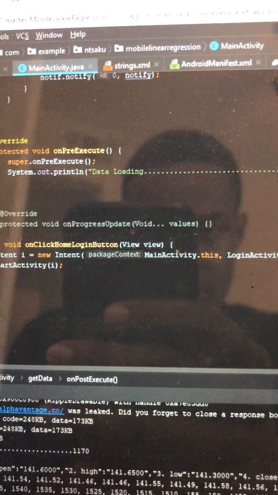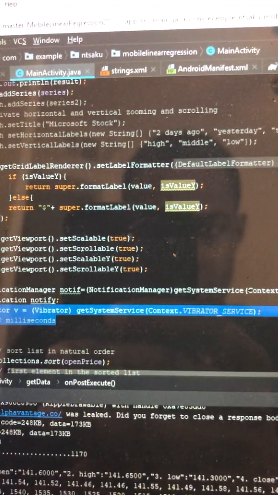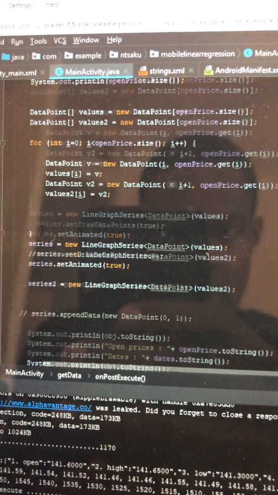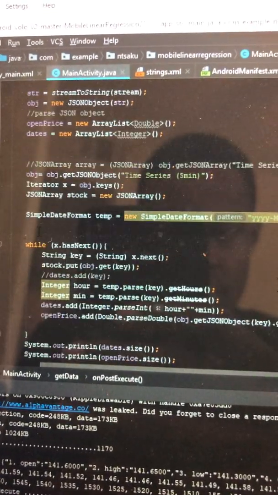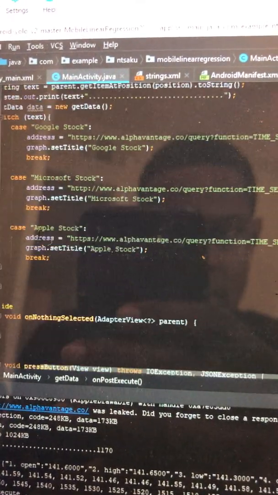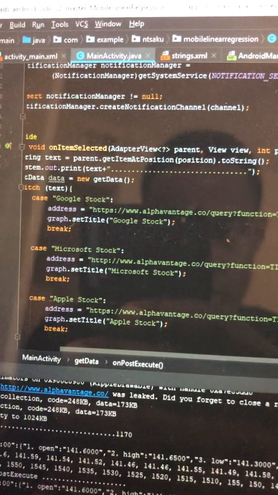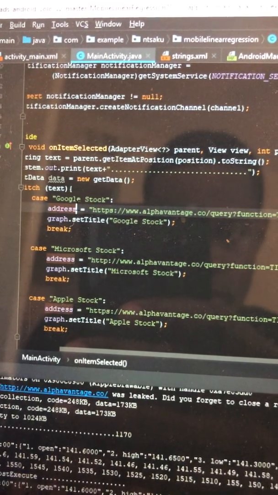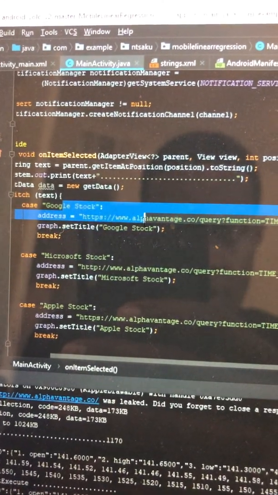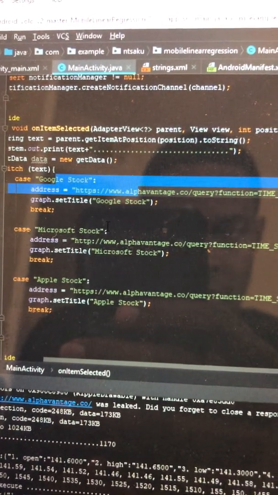The spinner providing 3 stocks, and the graph view with a good interface that is pretty much oriented towards a user prior to pointing out focused points and positions. We have the API collector for the data, and here, for instance, when we choose a spinner, the title of the graph goes to Google stock, and just the link to the data is changed. The link is changed to the corresponding stock we want to look into,